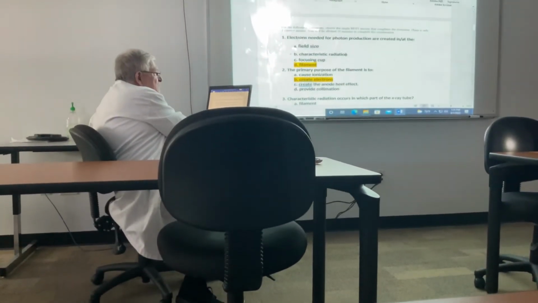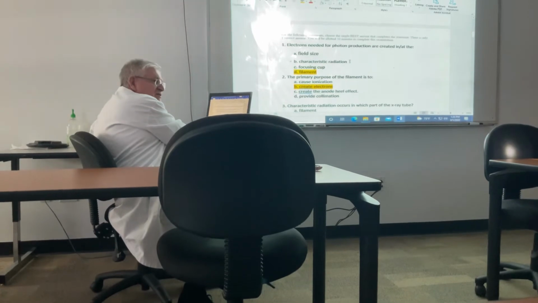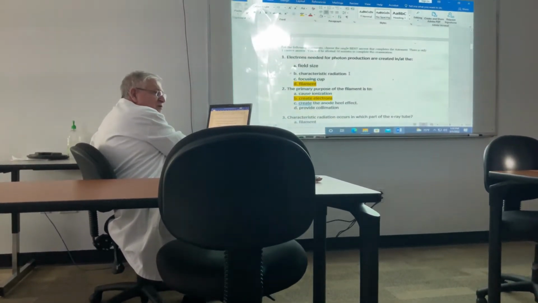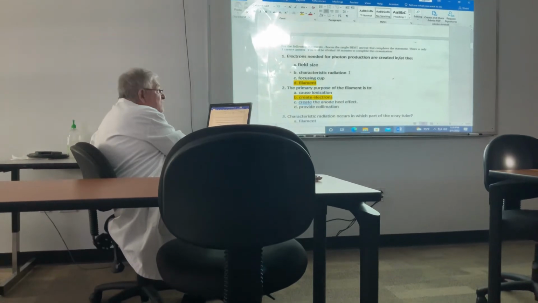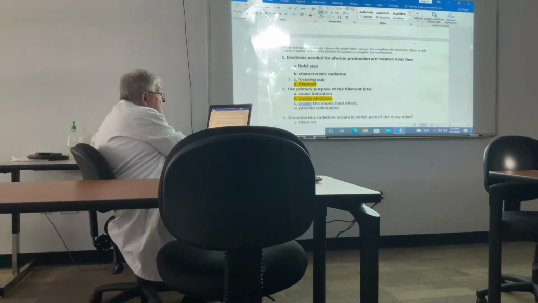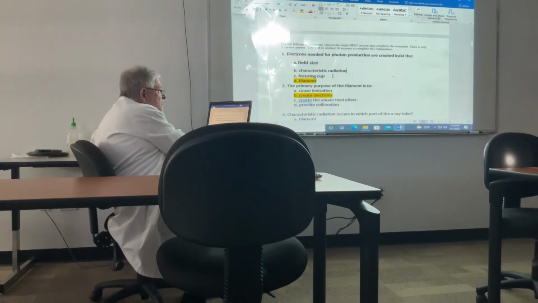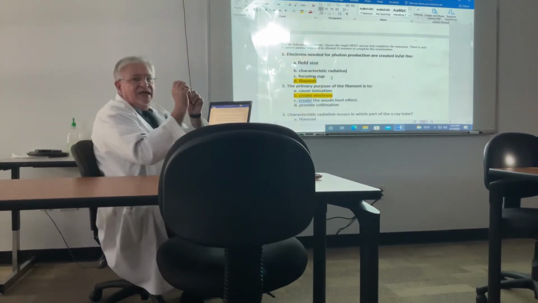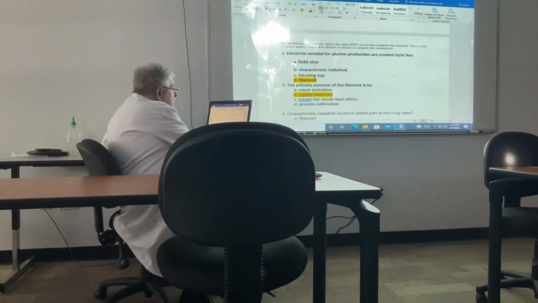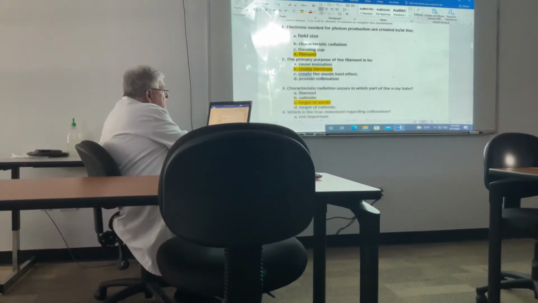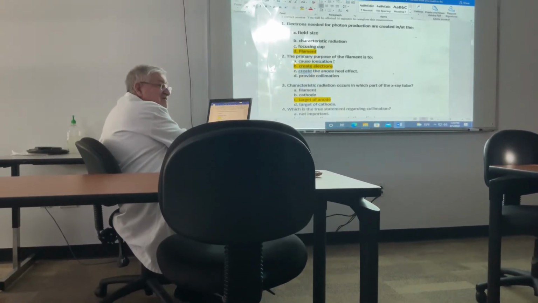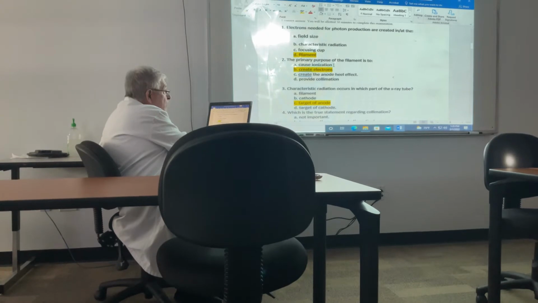Characteristic radiation happens in the area that has tungsten. Which side has tungsten? Anode or cathode? The anode. At that point, it's characteristic of the tungsten in the anode side, okay? The focusing cup, when they have enough electrons on the filament side, those electrons are repelled over towards the target, okay? The primary purpose of the filament is to create the electrons. Ionization doesn't happen until everything hits the anode, okay?